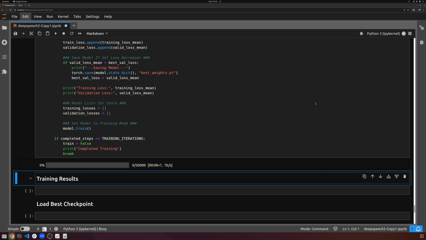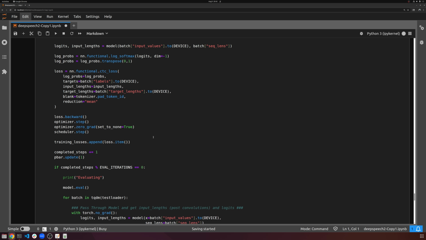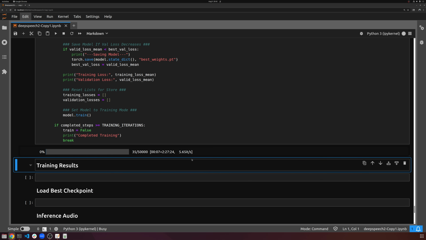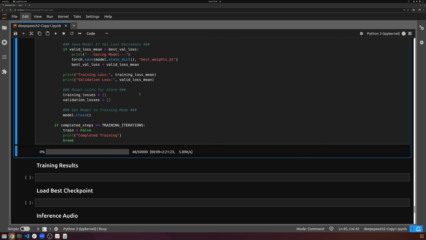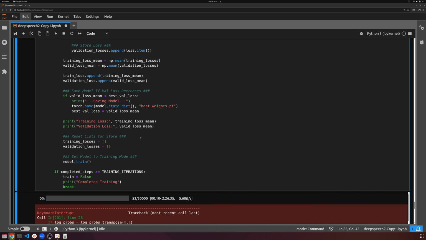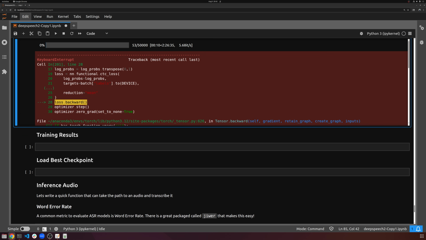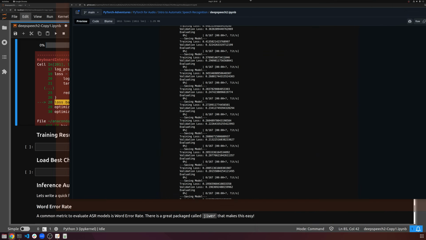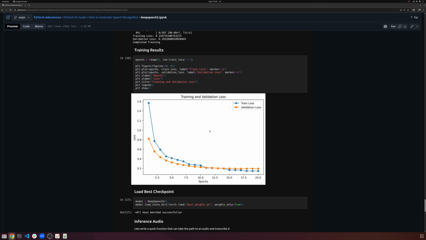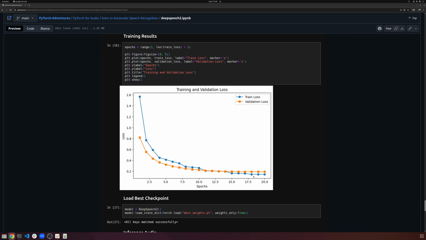So we could verify this works. There we go. So this will work just fine, but of course, no one wants to watch a training loop for 2.5 hours. And this isn't even the best training run. You have to train for a little bit longer to get better results. So let's just quickly look at the loss curves real quick. You'll get something that looks kind of like this. You can see they both decrease. You'll start to get a little bit of